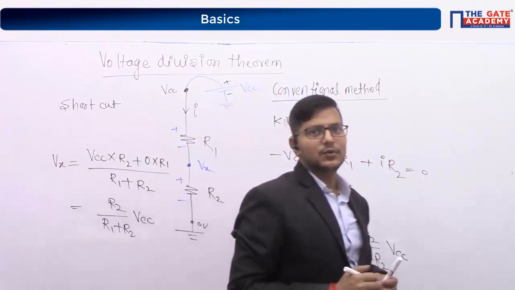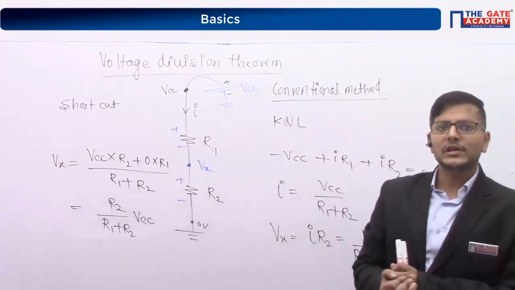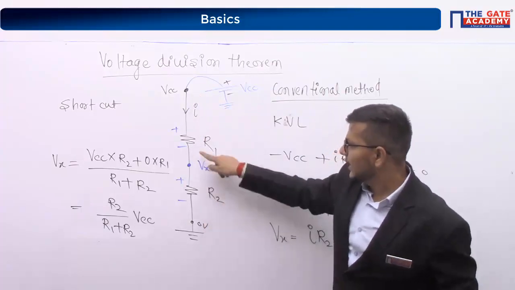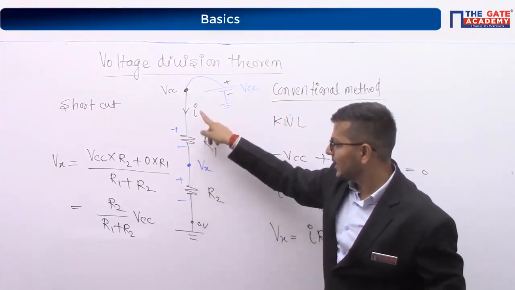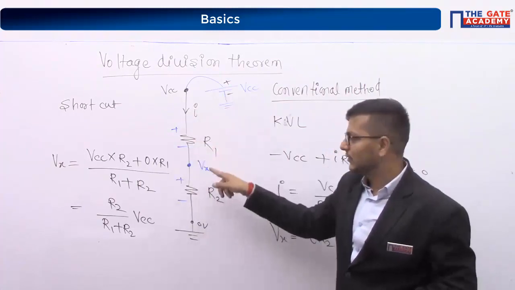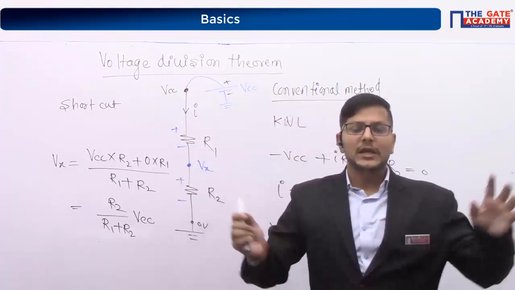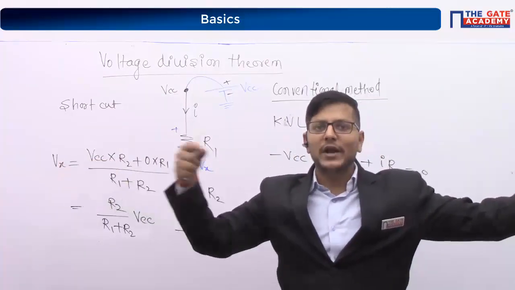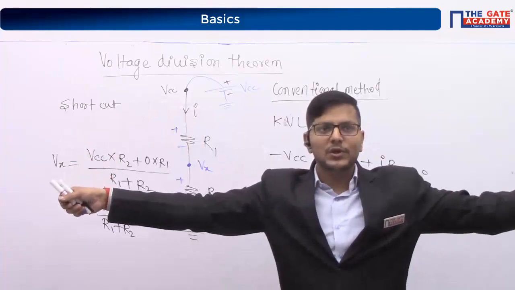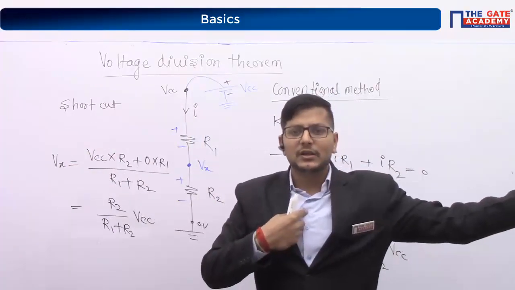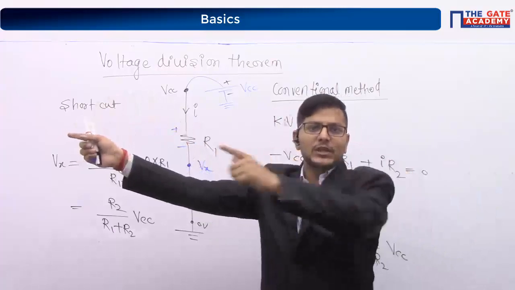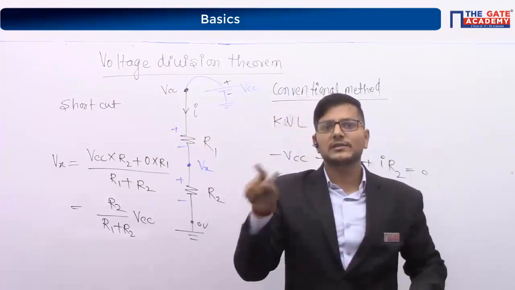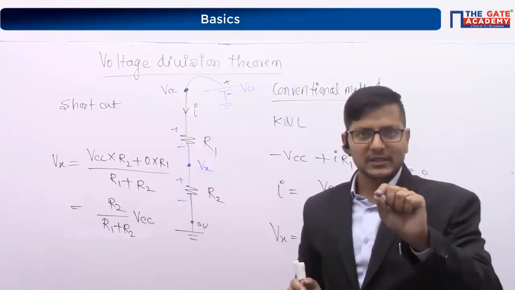Is it clear, guys, all of you? This is the basic voltage division rule. This voltage into this resistance plus this voltage into this resistance, divided by total resistance of the circuit, will be equal to the voltage at the midpoint. If two point voltages are given and you have to find the midpoint voltage, how to find it? This voltage, this resistance, and this voltage, this resistance, divided by total resistance. It will be equal to the voltage at the midpoint.